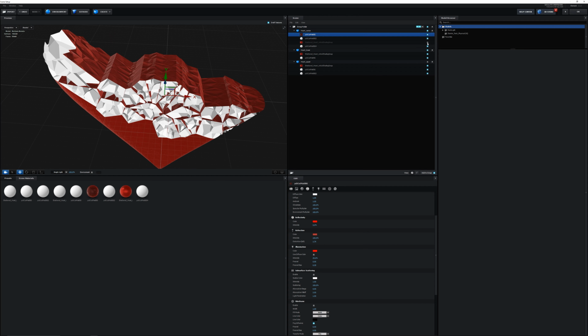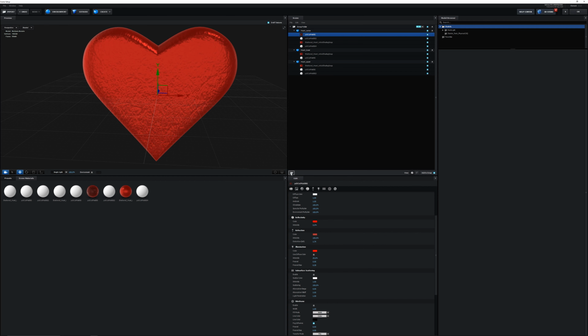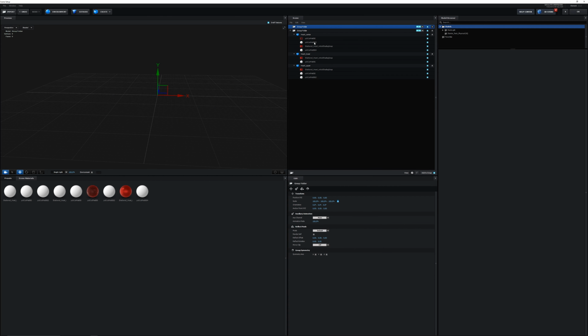Turn these layers back on. And next we need to separate these so they're in the correct groups. So we're gonna have 3 different groups. So we'll click this little group folder down here. We'll get another group. We can pull this group right to the very bottom until it goes to a red line. That means it's underneath the existing group. Then we can do that again for a third group.